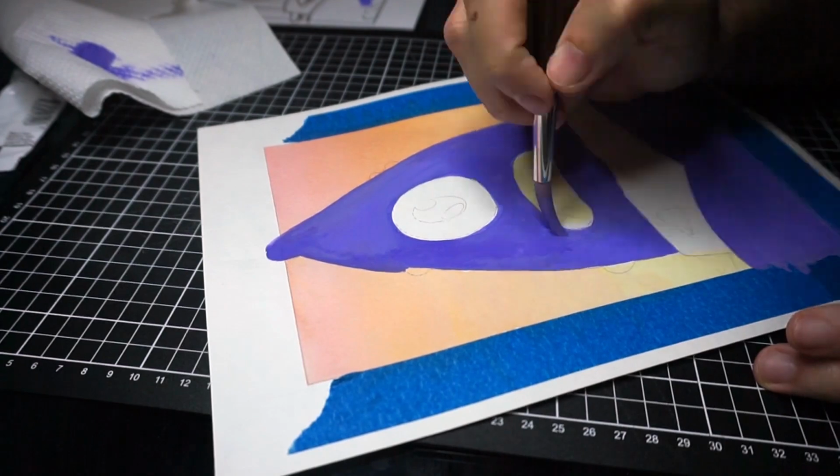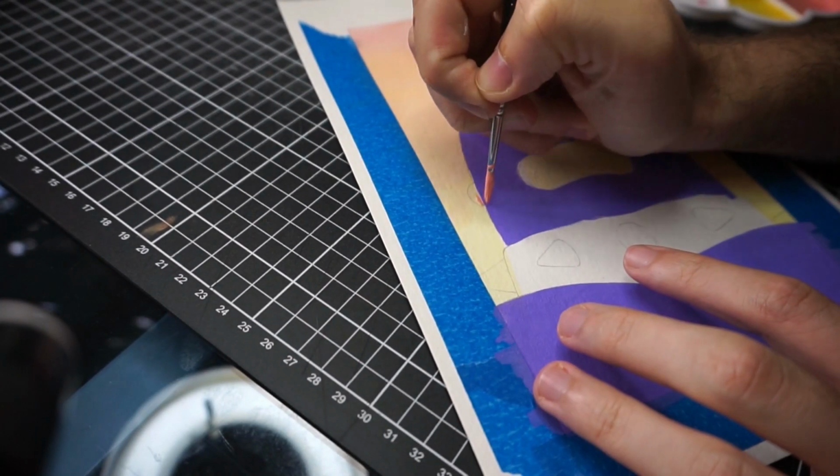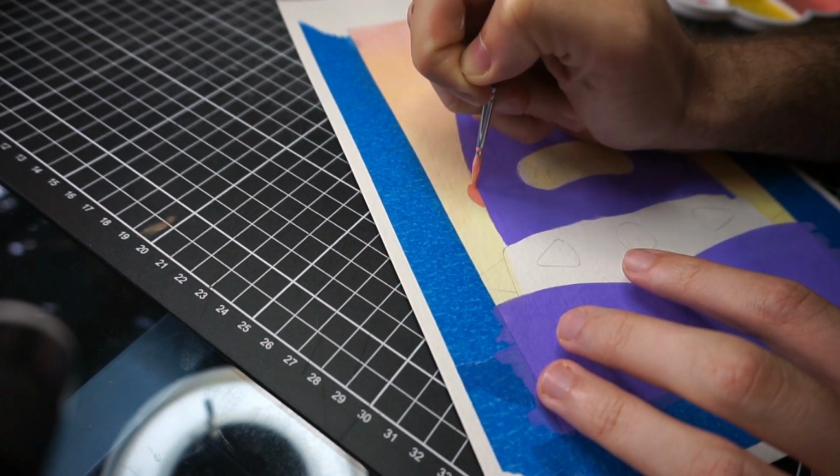A big tip is always mix your paints with lots of white. That way it's easy to make darker values